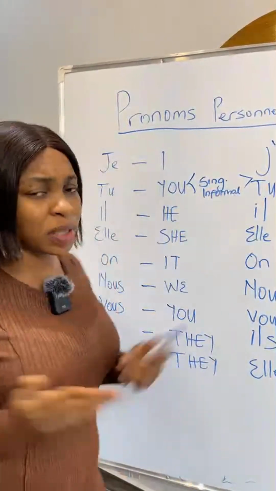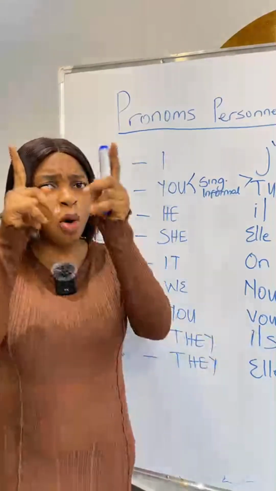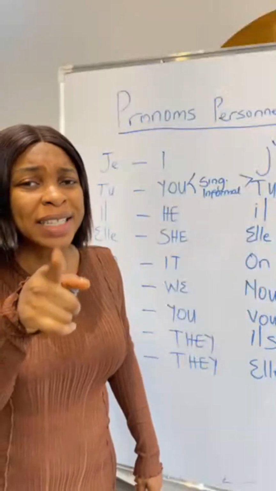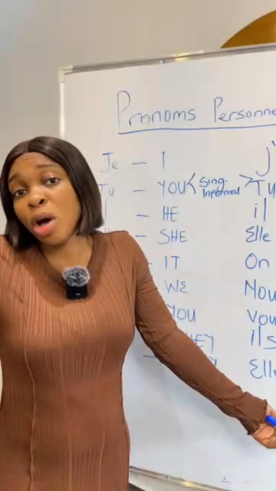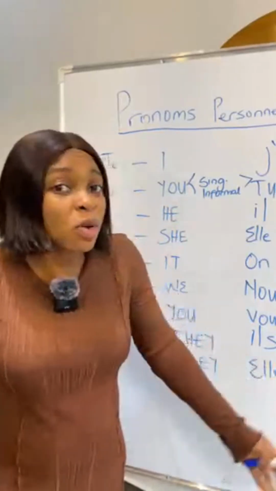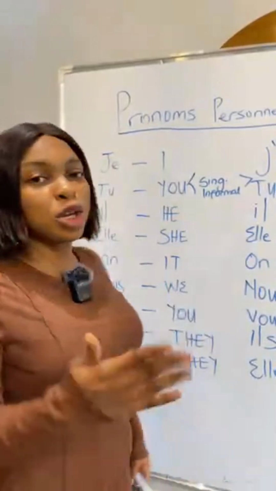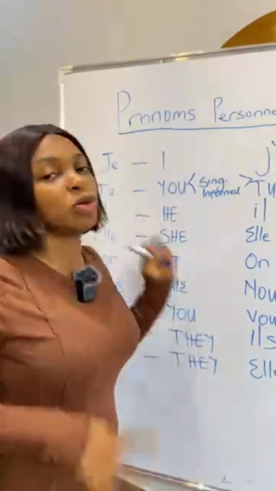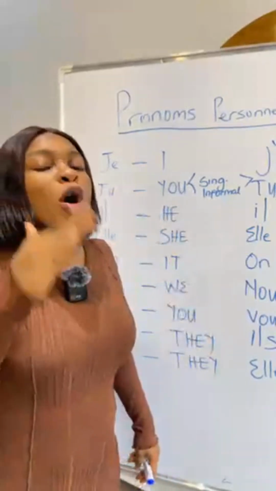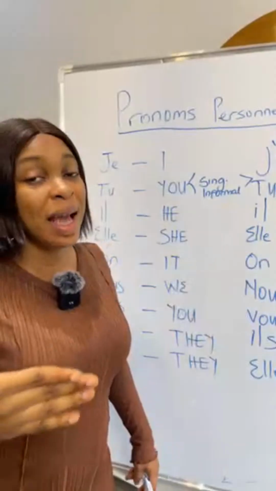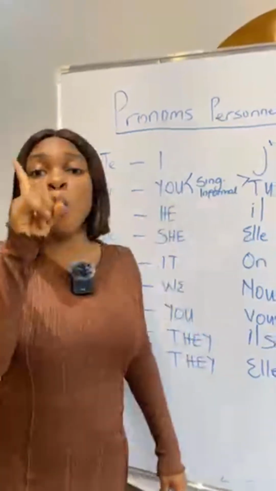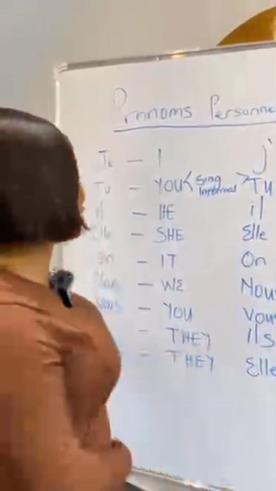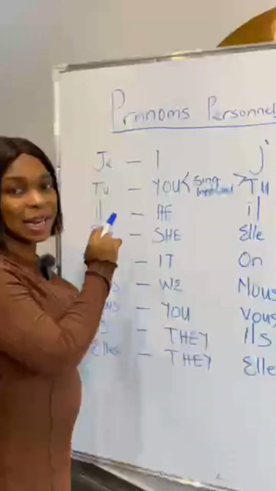What do I mean by singular? For example, I am talking to only you, right? You are one person. So I use tu for you, right? And informal, maybe you are my friend, you are my sister, you are my colleague, we are close. So I want to say you are or you have. I will say tu are. So tu is you, don't forget, for one person and also used informally. Don't forget that.